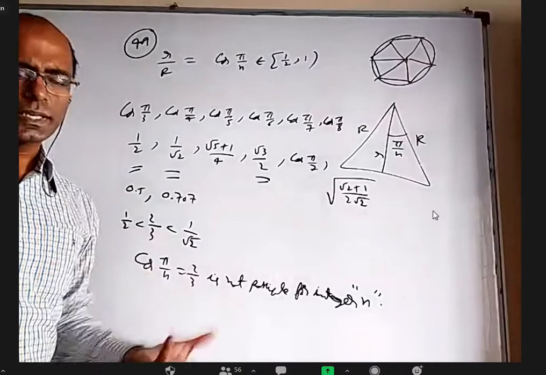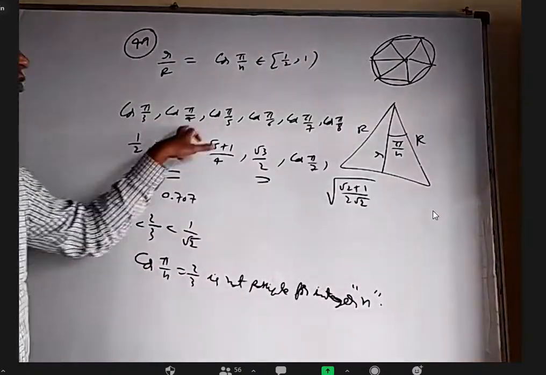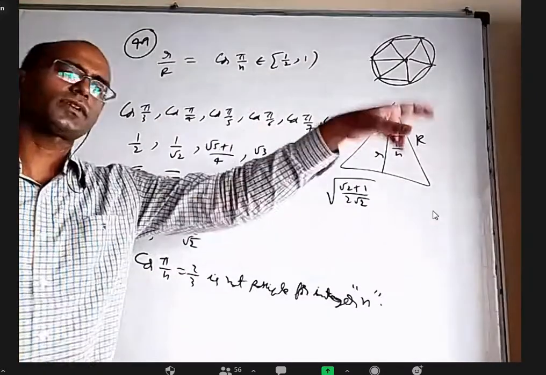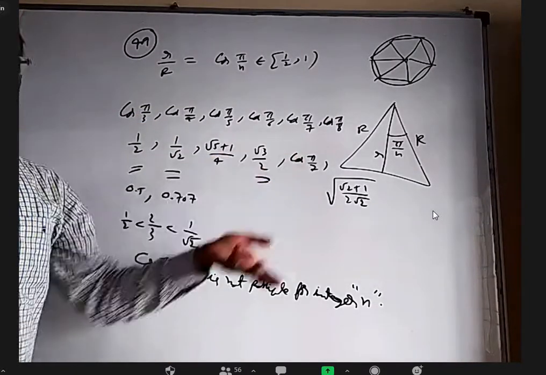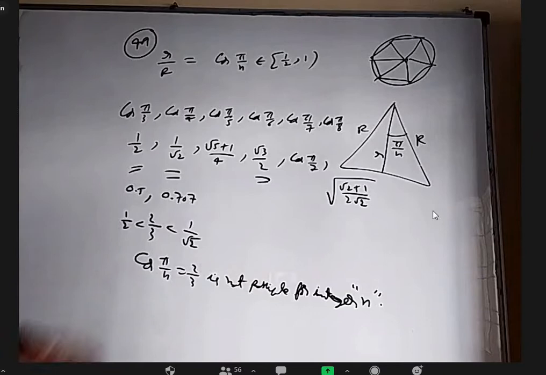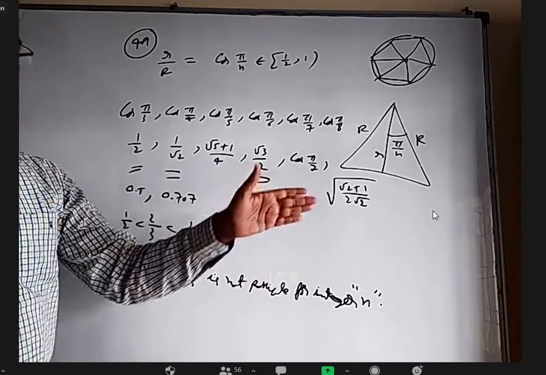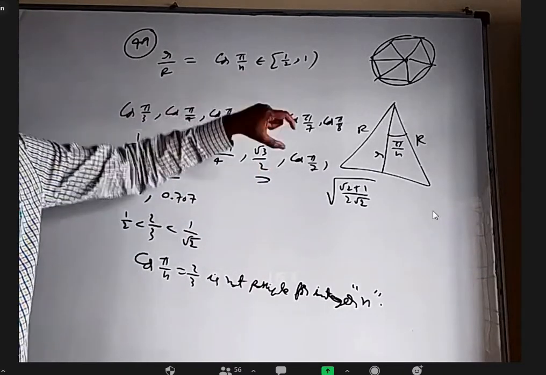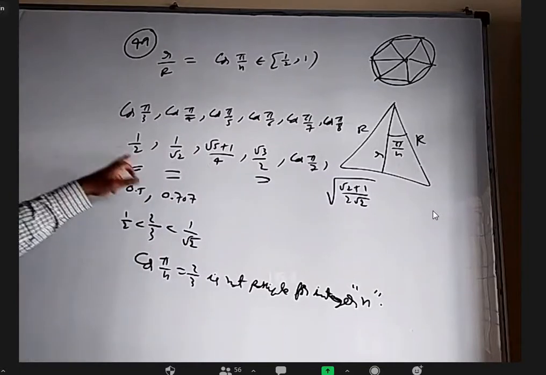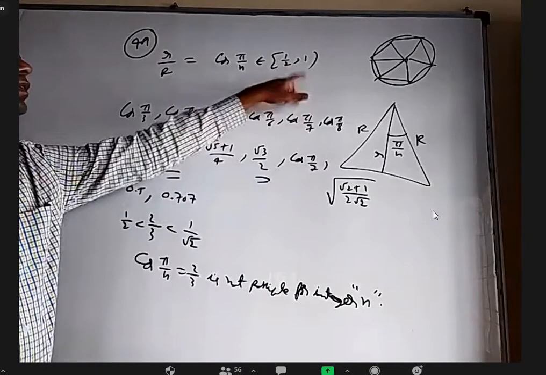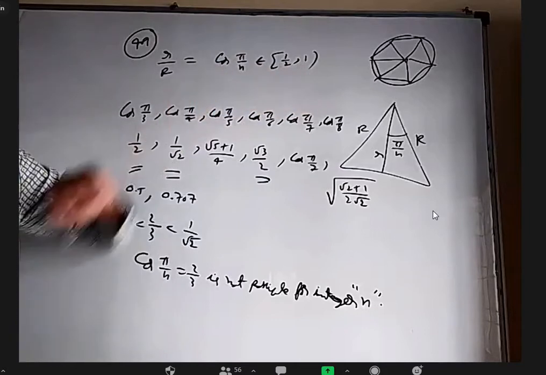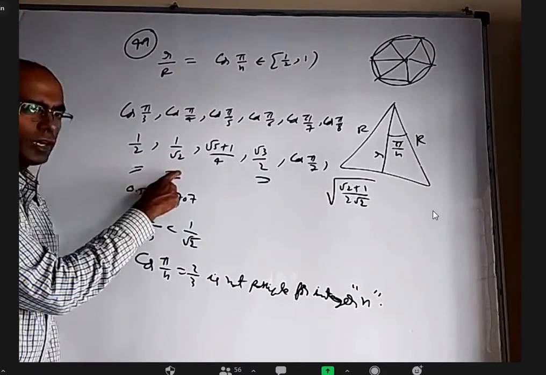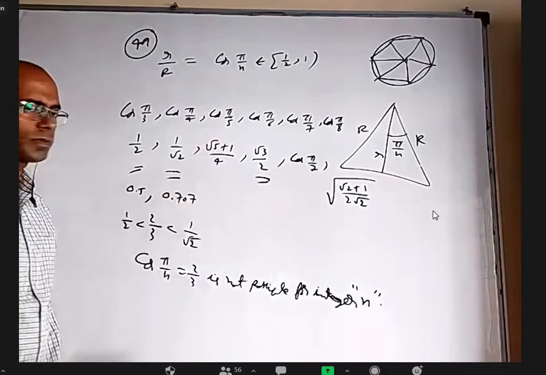Number of sides in any regular polygon, you can have 3 sides, 4 sides, 5 sides, 6 sides, 7, 8, 9, 10, and so on. When you write these values, some of them we know, cos pi by 7 we don't know, the rest of the values we wrote. You can see the values are increasing from 1 by 2 to 1. All these angles are decreasing, cos of that is increasing. Minimum 1 by 2, maximum 1, both open. But that doesn't mean every number between 1 by 2 to 1 is okay, because after this the next possible value is this only, after this the next possible value is this only.